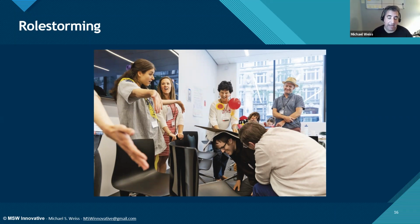And we can start by acting out the current situation, and then we can make tweaks. Hey, what if we did this? Or I could just start reacting a different way. I could just start doing something different. And you're brainstorming by actually acting it out in real time. When you're doing this, it can be very helpful to have a scribe to capture some of the things that are being said and done, so everybody can just get really into the moment, and you can tweak things,